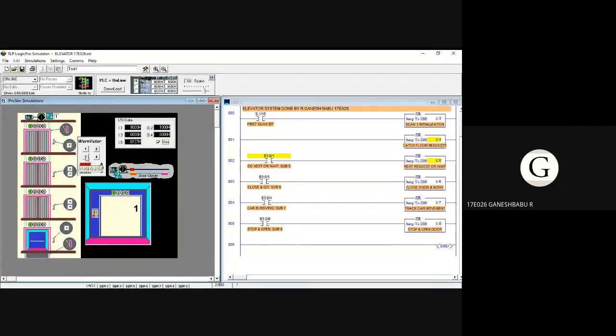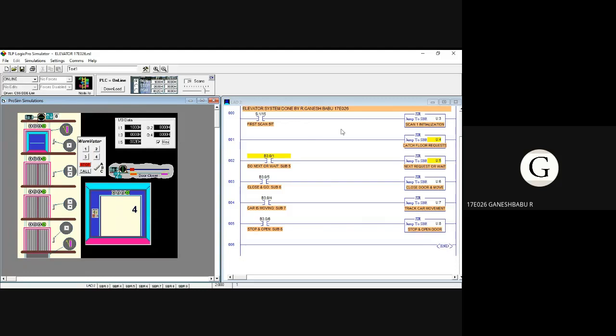Now I want to go from the first floor to the fourth floor, so I click 4. So it goes from the first floor to the fourth floor. The lift stops at the fourth floor, the door opens. At that time, what are the inputs? What is on? It catches the floor request, and it waits at the fourth floor for the next request. That is the do next or wait operation. These are the inputs and outputs on at that time.